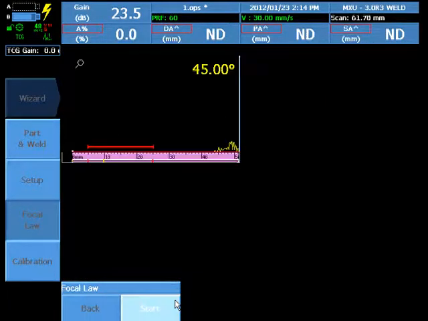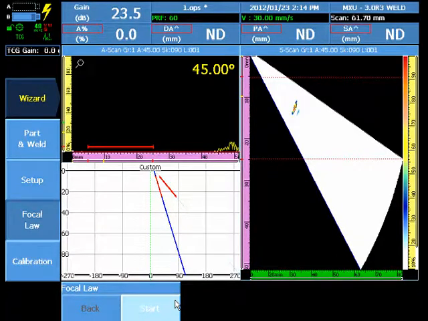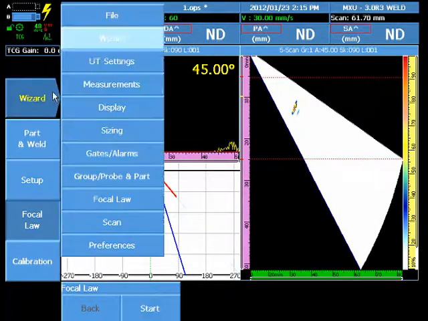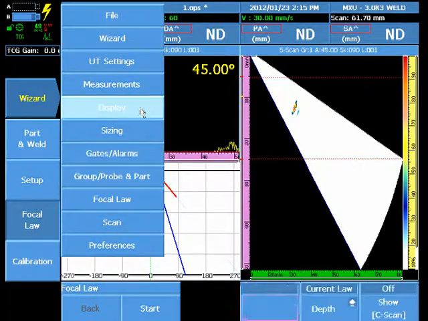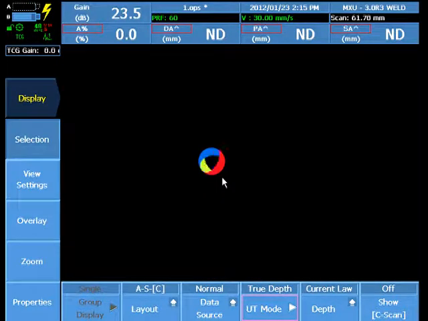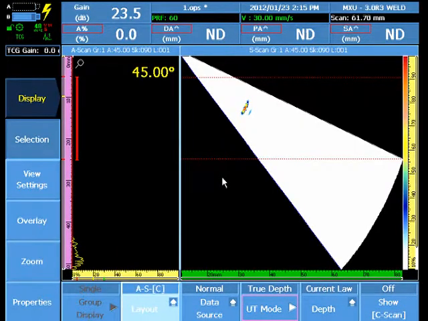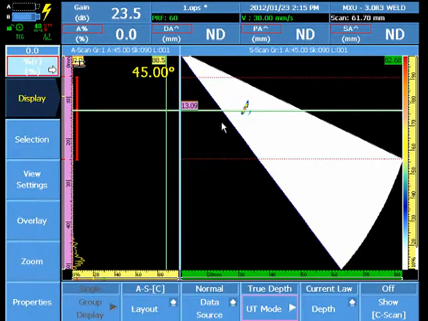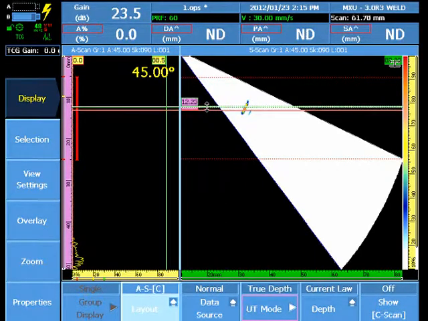At this point, both the part and weld, the setup and FocalLaw wizards have been created, and we have our basic S-scan display. To verify beam parameters after the FocalLaw wizard, we can select Display, AS and C-scan, bring a cursor up, and we'll put a cursor on the UT axis at the position of our indication,